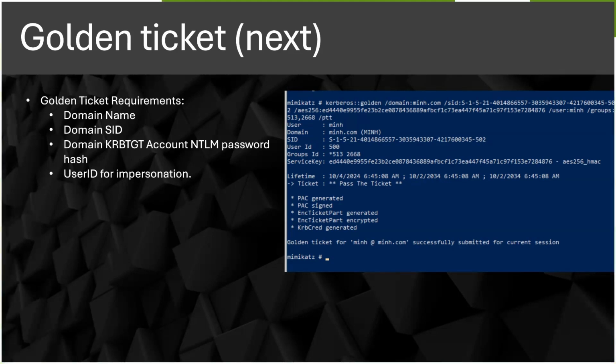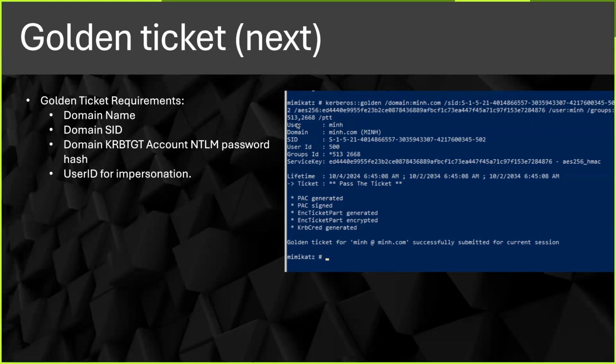For impersonation, like in the previous update, only a valid user can be used for the golden ticket attack. If you use a user that does not exist in the domain, it will not work. So in this case, we use the Mimikatz Kerberos golden command with the domain main.com with the user main and group